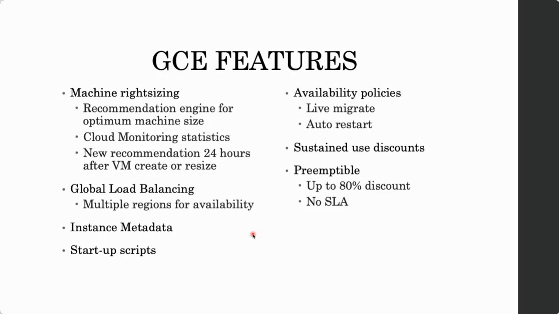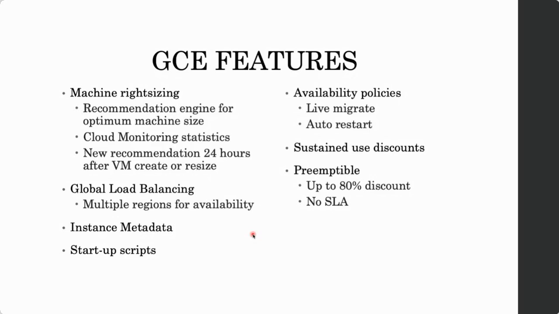The metrics could be related to CPU. So obviously if it's running something on the virtual machine, it will take CPU up and down based on how much that application is using the CPU. And the same applies to the disk IO, and the same applies to the network IO as well, right? So based on that, those metrics are stored into Cloud Monitoring. That's a tool that is used for monitoring inside of Google Cloud Platform, another topic, right? But just think about this, that all these metrics are stored somewhere, and there is a machine learning algorithm that looks at that, and after 24 hours has passed after you have created a virtual machine, it starts making